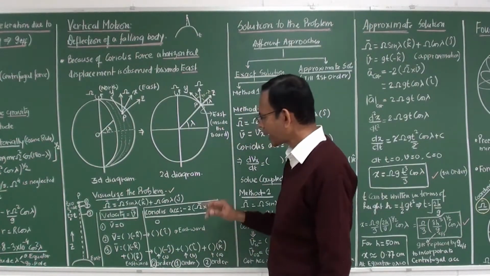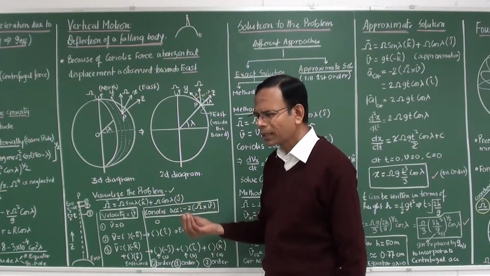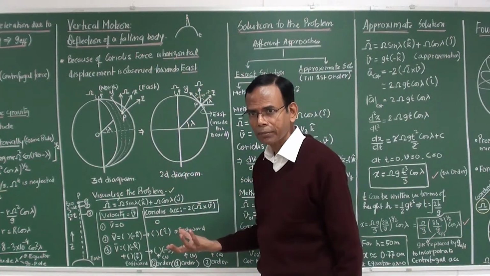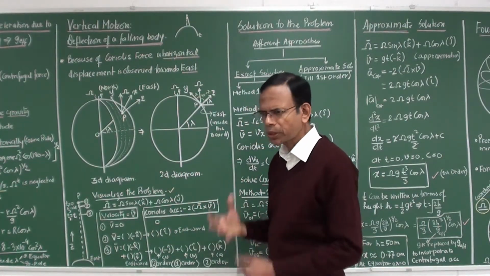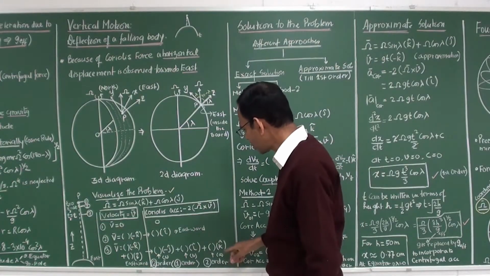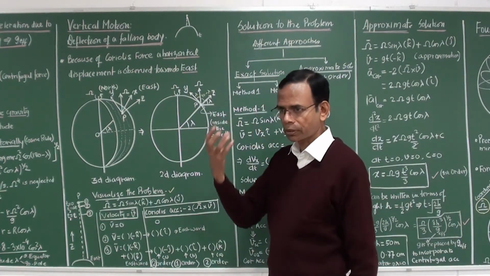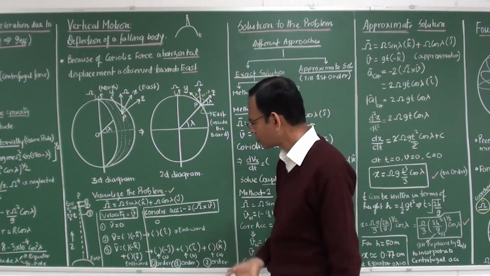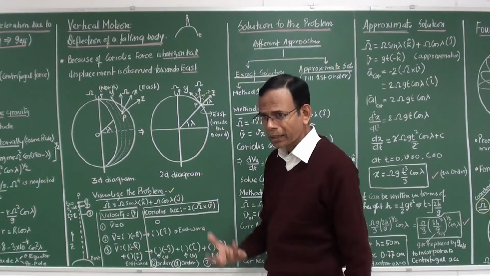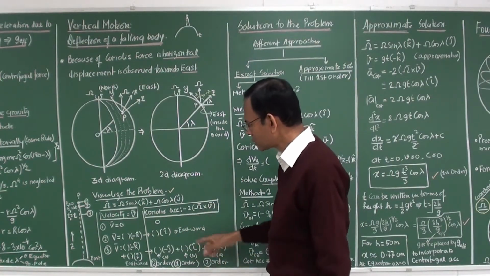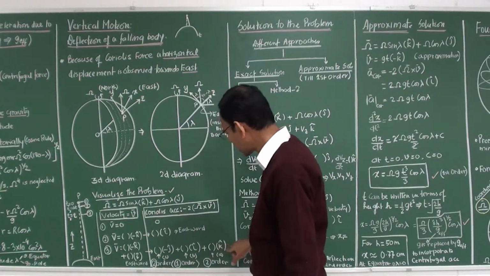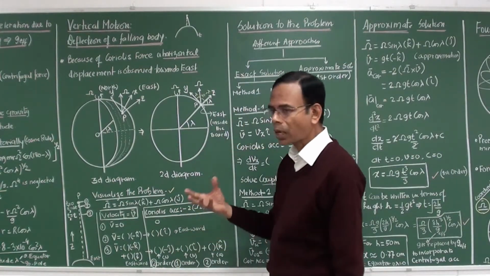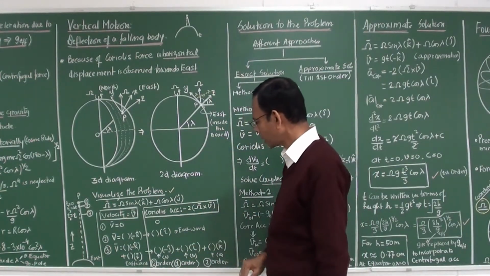So plus k cap, what will it do? It will decrease the vertical velocity which was initially there. Initially it was in the minus k cap direction. The body was falling, much higher velocity, much higher acceleration. But this is in the positive direction, so it will decrease that vertical velocity, that is velocity in the z direction. It will decrease this downward velocity a little bit. But this will give a component in the south direction, minus j cap. So you see,